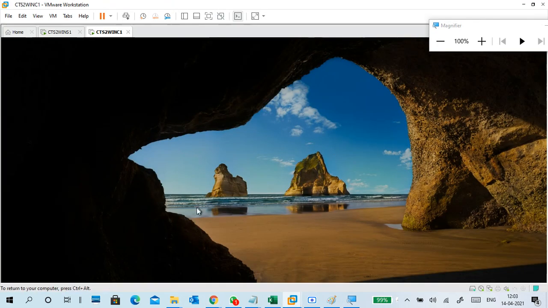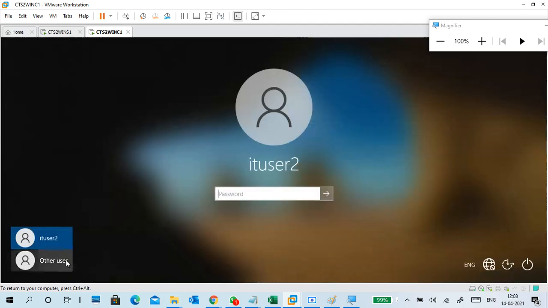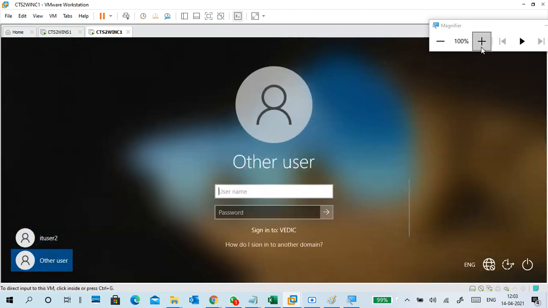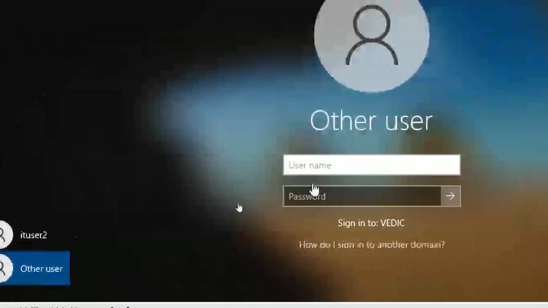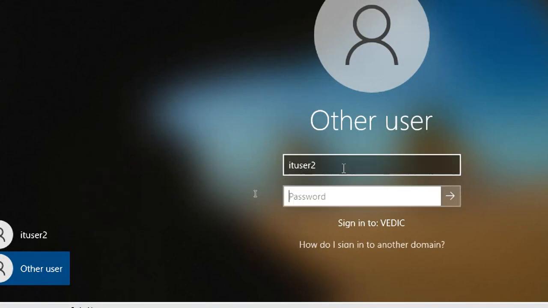Okay, this is a client, right? So other user. The name is already there, but it is a better way to go to other user and do it. Compulsorily you should log out. Did I give a password?